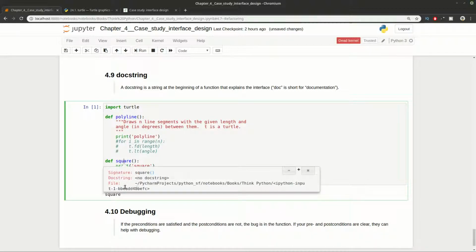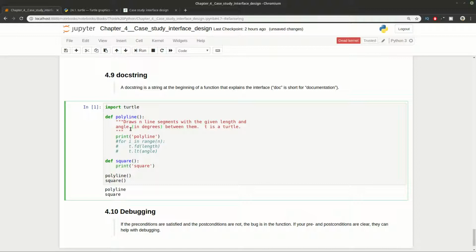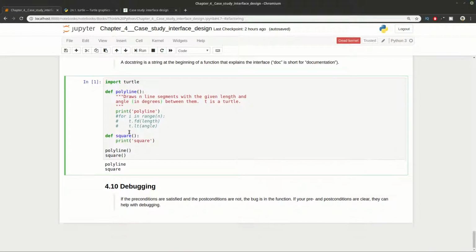And you can find that here we don't have this information, and this is not good for the people who want to work and interact with your program. So I will advise you to add docstrings when it's possible, and for functions which are complex and need some extra lines to get an idea of what is going on. And finally, again about debugging, you have preconditions and postconditions, the input and the output, and you want to be sure that they match each other in order to be sure that this function is behaving as expected.